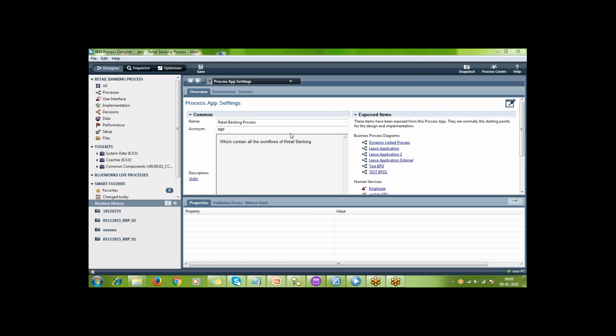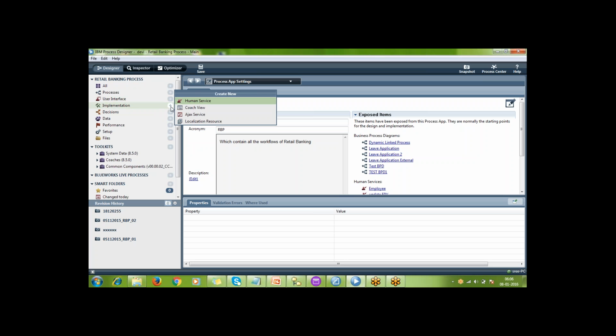In the last session, we saw how to create an EPV, how to create an environment variable, and how to change those EPV and environment variables for the administration console, or process admin console. Next, there is one more variable called a resource bundle, or localization resource. What is the purpose of this resource bundle or localization resource? We will be using this in two ways. Let me show you how to create that.